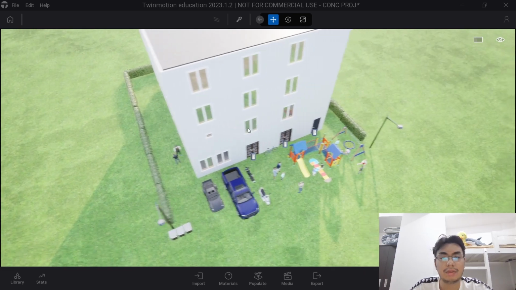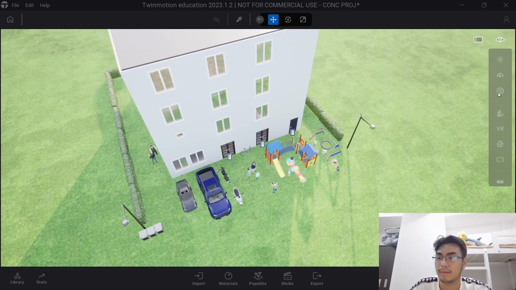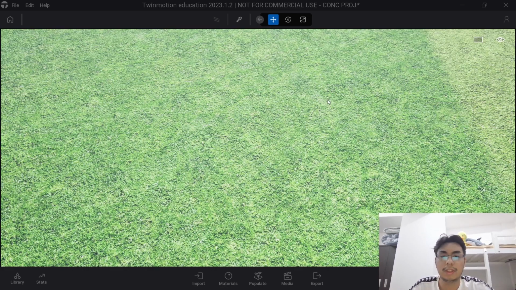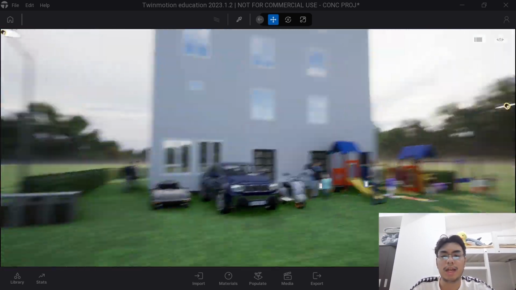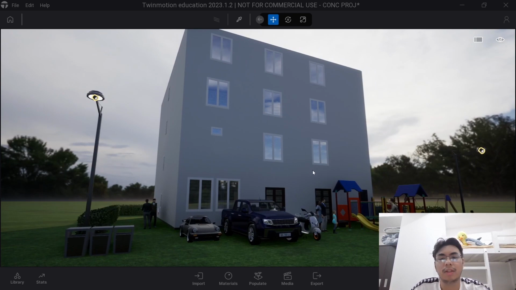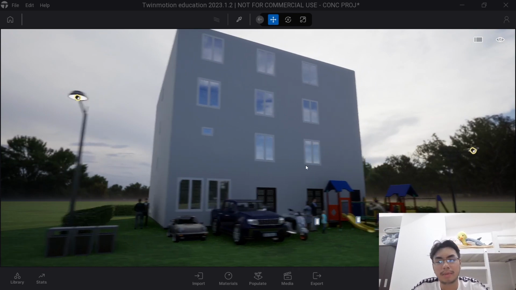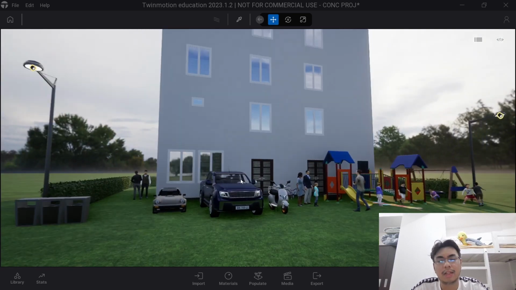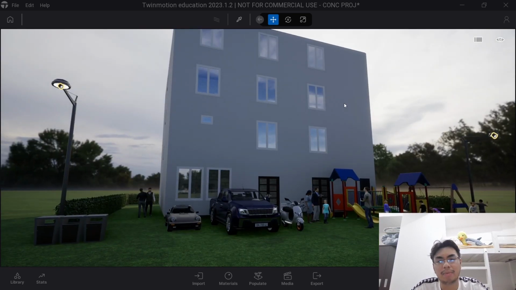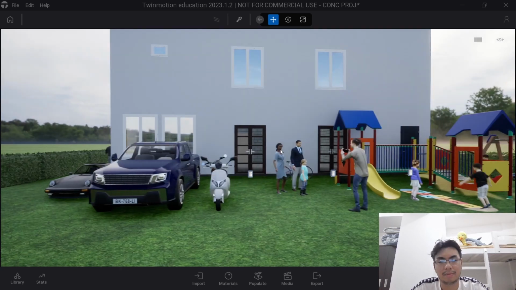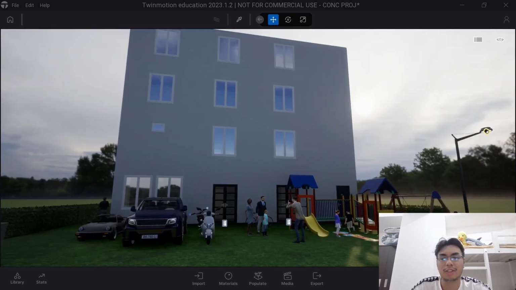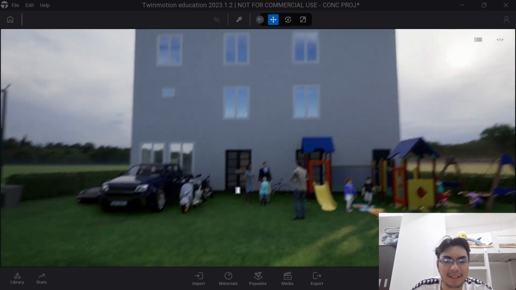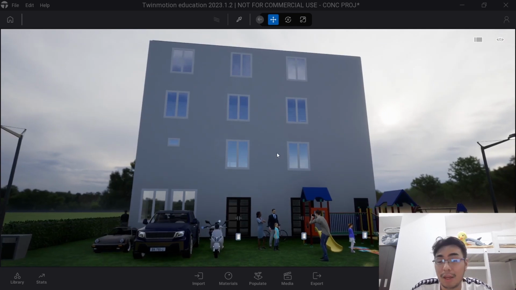Using the pedestrian mode, you can see here is the human's eye view when you see it from this street. So it's a proper design, although it is very boxy inside. Again, due to lack of time and time constraint, we have decided to make it simple for the building.